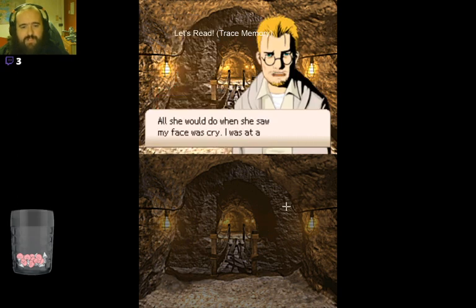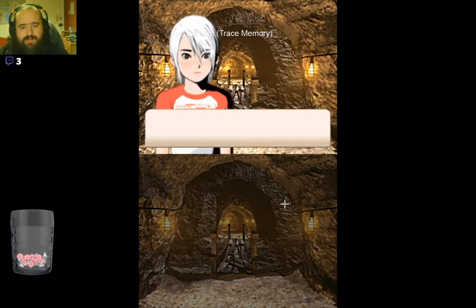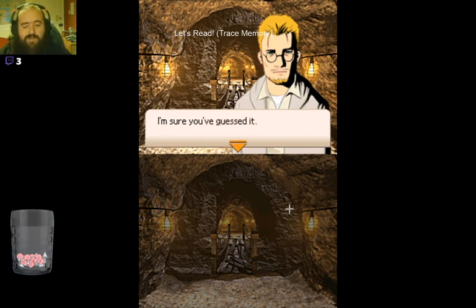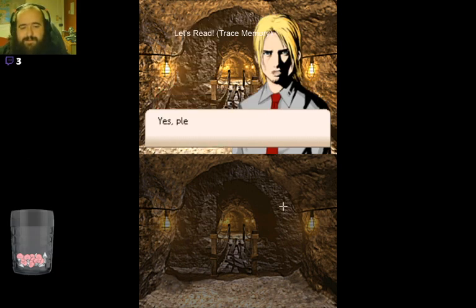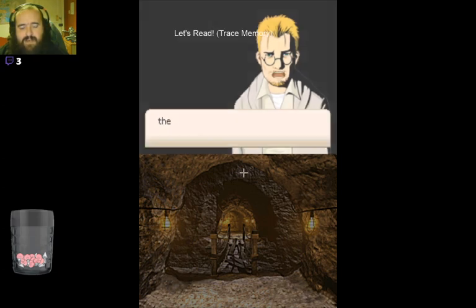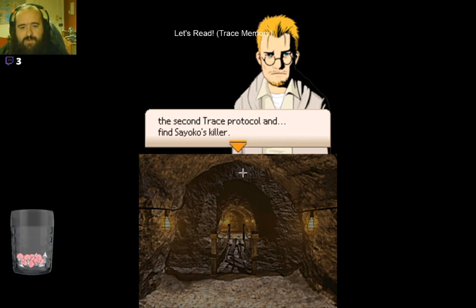All she would do when she saw my face was cry. I was at a loss. You came to me and told me of the research you were doing here. Dad. Bill, there was a reason I didn't tell you I was working on developing a second trace protocol. I'm sure you've guessed it. What was it? Yes, please entertain us. I didn't tell you because I wanted to replay Ashley's memory of that night with the second trace protocol and